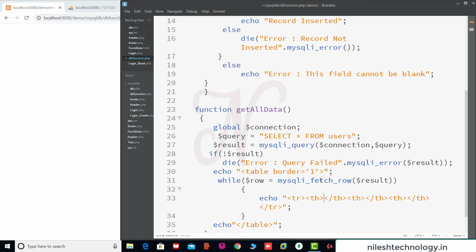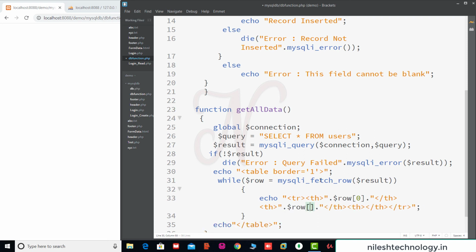In the first column, we concatenate and use $row of index 0, which means the first column. Same here, copy again this double quote.